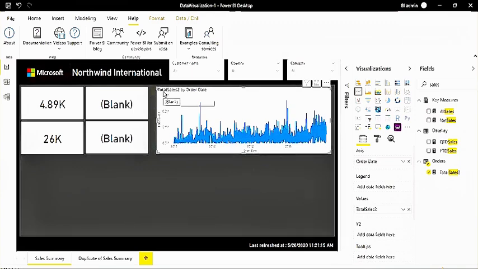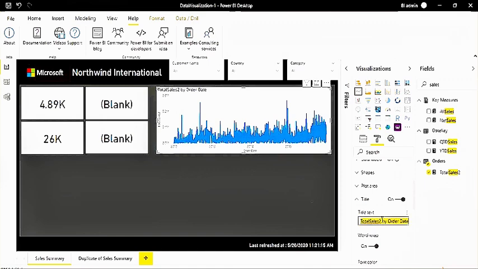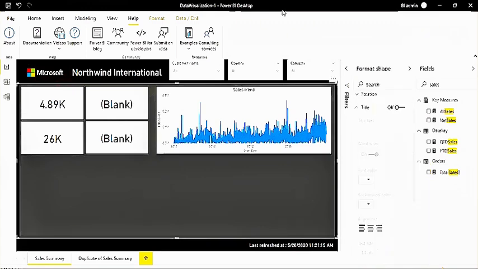You can see here the title of each visual. You can just rename that. You can change that. Just go here and go to the title. Under the title, you can define anything, whatever you want. Sales trend. You can customize this. Again, everything you can do with it. Color change, background, foreground, everything you can do with it.